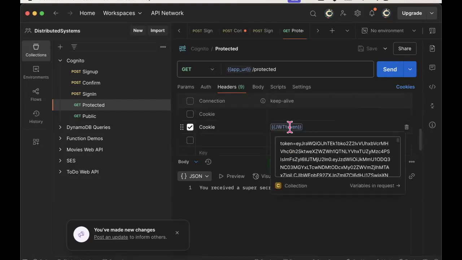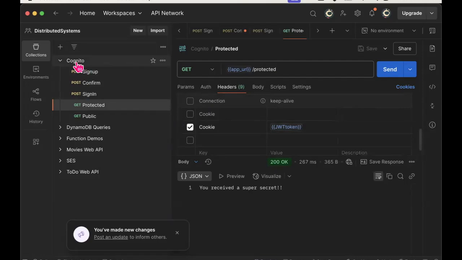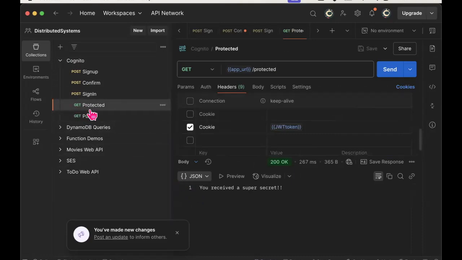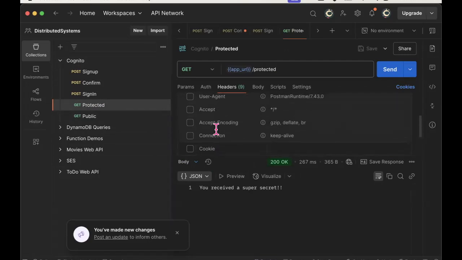Now, in our case, there is only one cookie that we want to send, and it's set up in a nice convenient variable for us, which is this variable here. You can see that the value for this variable is key equals value, so it follows the cookie structure. So if I now send this request,